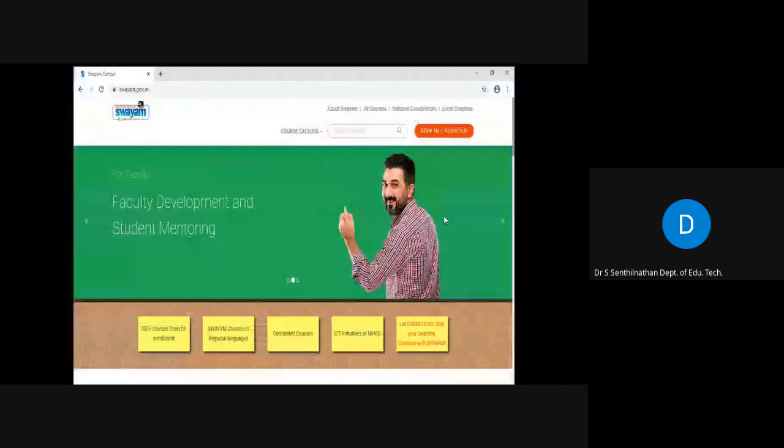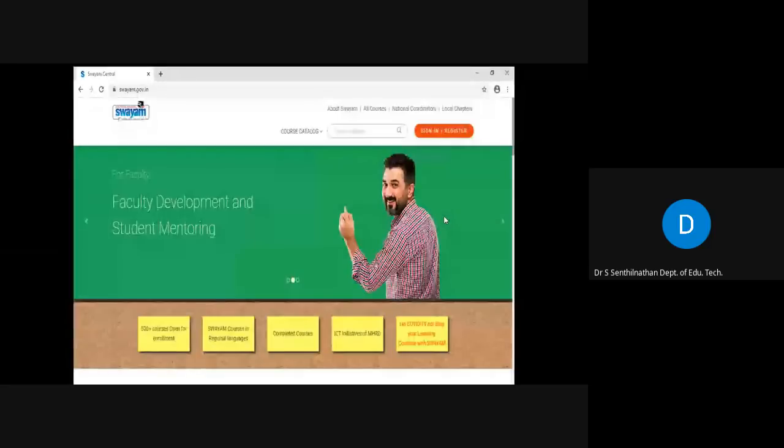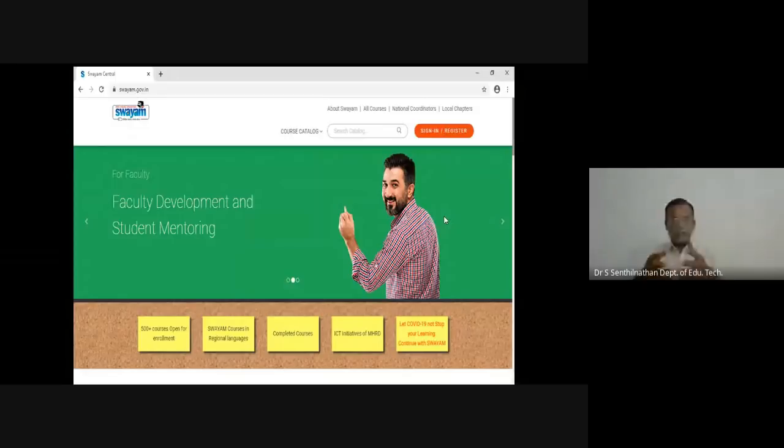And this is the pride of India, I will say. SWAYAM, India's MOOC platform for Indian students by Indian teachers. SWAYAM portal, we all know that. Some of you might have already done courses. Every college may now have a SWAYAM mentor, and some of you may be SWAYAM mentors. You will be guiding your students on how to register for courses on the SWAYAM portal, how to complete them, take the examinations and all. This is one of the most remarkable initiatives of the Government of India, having a MOOC platform for our country.